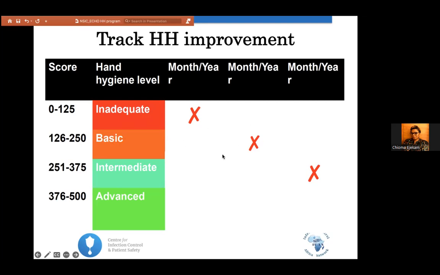It's expected that by year one, because most times the HSAF tool recommendation is for it to be done annually, but you can do 6 monthly, okay? So I'd expect that in the next round of your assessment, you should be on basic, you shouldn't remain on inadequate, but you need to have this table to track your progress. These are the things to share with your funders, your senior management team, your IPC champions when you have meetings.